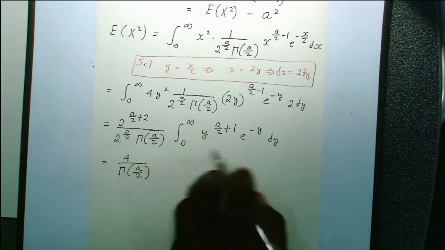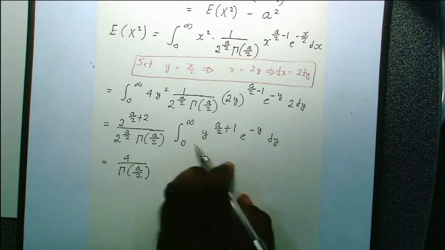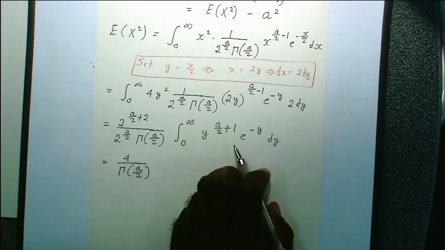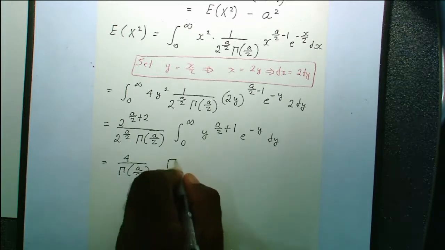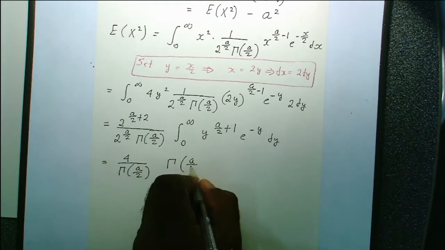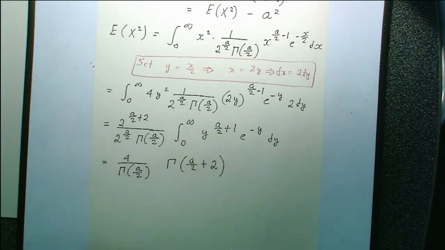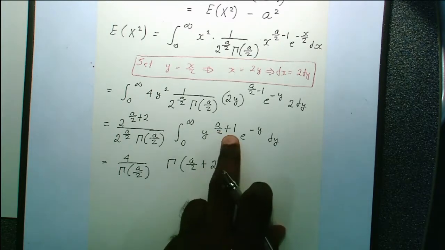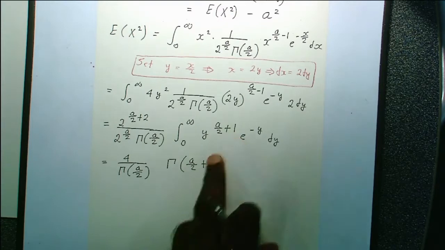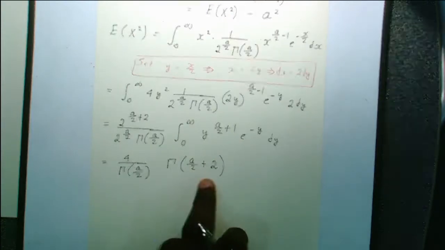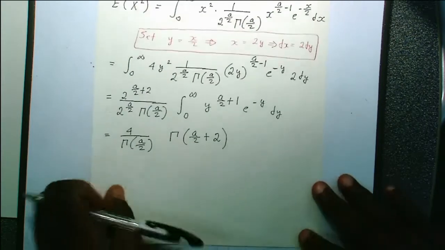Now, can you tell me what this integral is from what we learned last week? What is this integral equal to? Equal to the gamma function at a over 2 plus 2. Do you follow why? It's just because of the definition of the gamma function. Remember, the gamma at alpha is the integral of t power alpha minus 1. So whatever the power here is, you add a number to that. So you add a number to 1 to this, it becomes a over 2 plus 2, right? Then